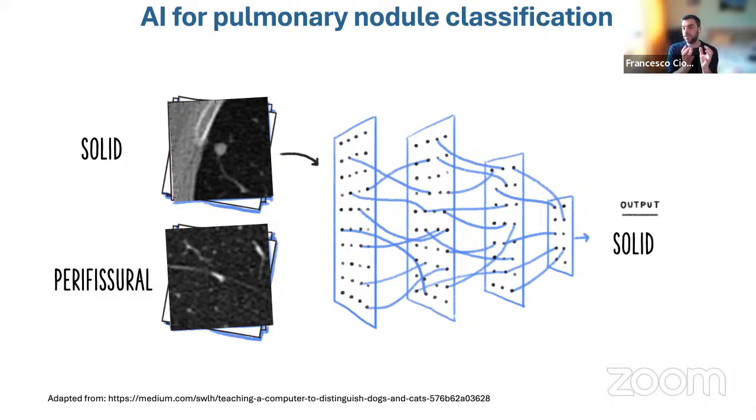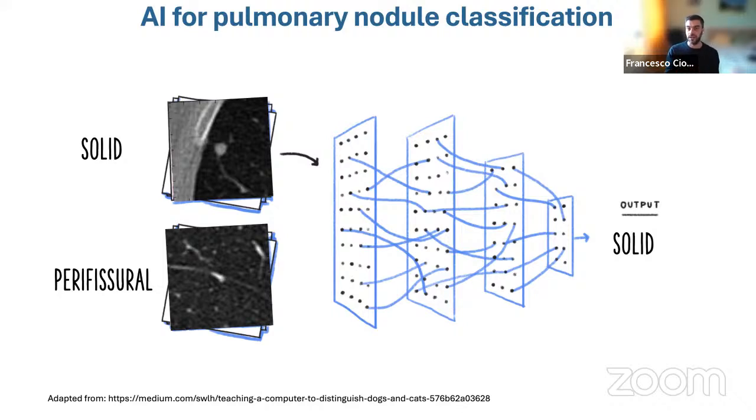So the use case here could be that AI could be a module that, if you do lung cancer screening and you have to find the nodule first, and second, you have to classify it to decide what to do with the patient, you could have something that automates this process or supports the radiologist in doing that. Because you can imagine it's a tedious task finding all these nodules and then also classifying them.